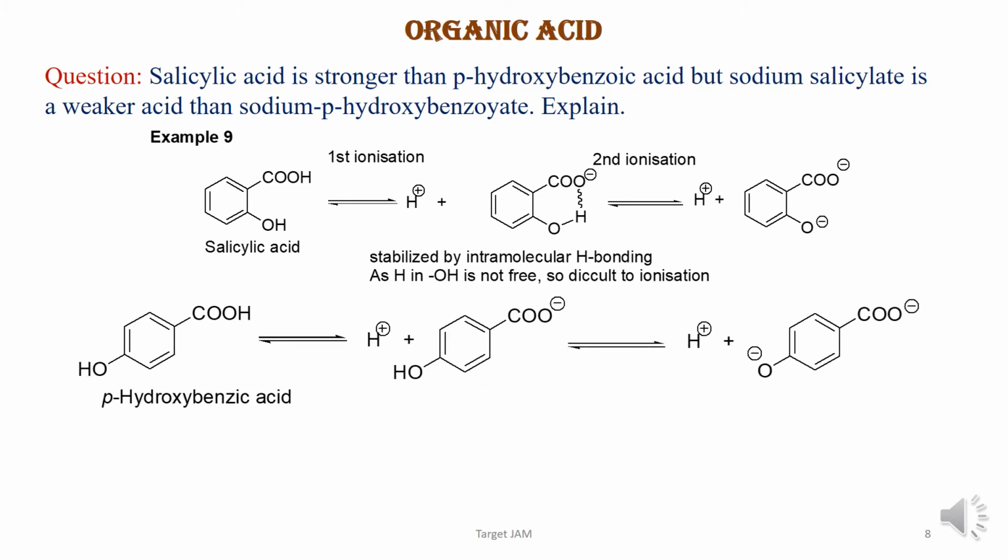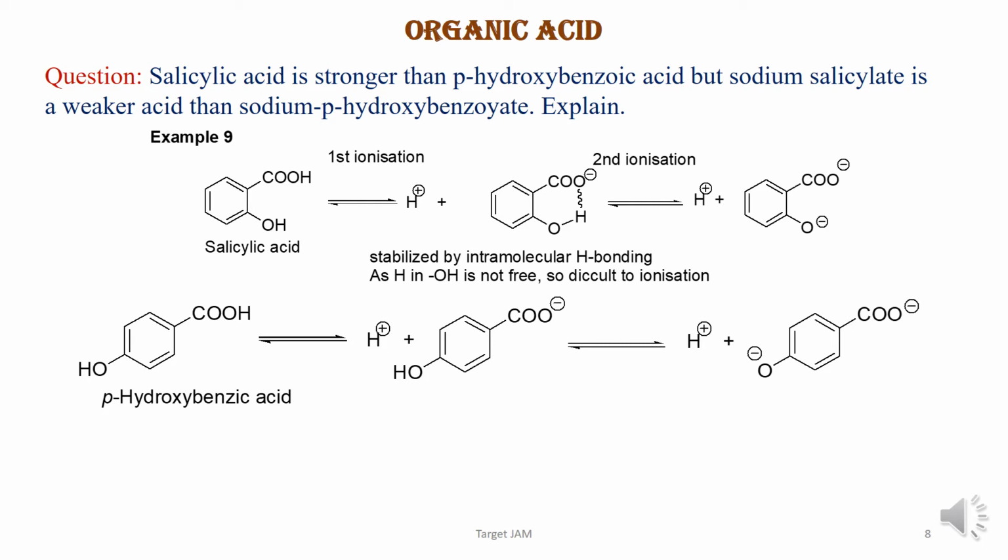But in case of para-hydroxybenzoic acid, there is no possibility of intramolecular hydrogen bonding. So after its first ionization, there is not much extra stabilization like salicylic acid. So para-hydroxybenzoic acid is a little bit weaker than salicylic acid. But as there is no stabilization or hydrogen bonding of this OH group, its second ionization is very easy,